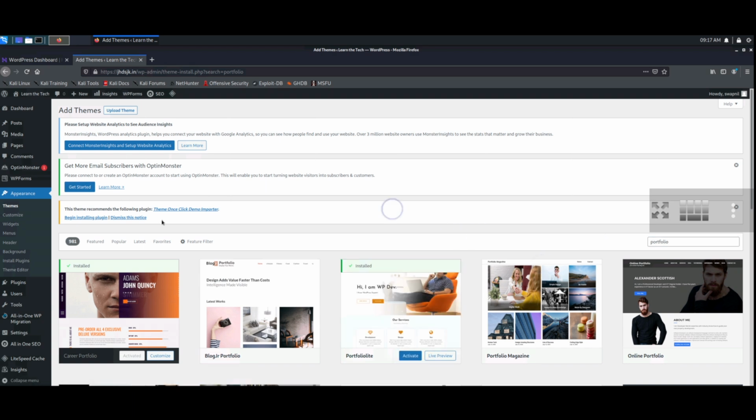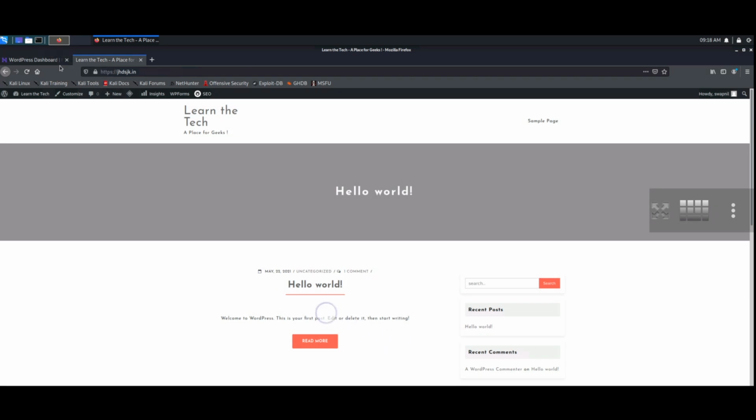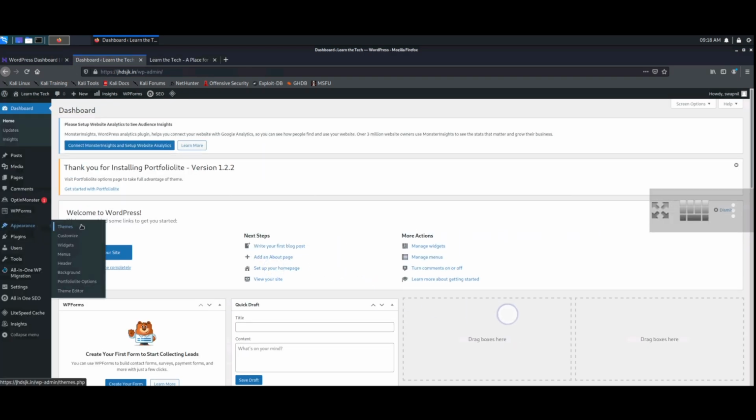Now here you can see it's installed. Now you have to click on the activate. It will activate the theme on your site. You can go to your site. So you can see this is the theme. Go to the appearance, go to the theme,